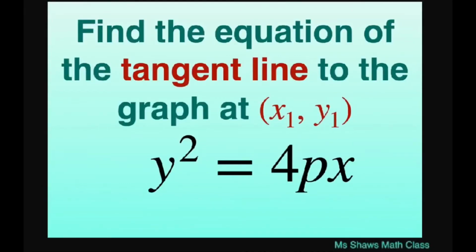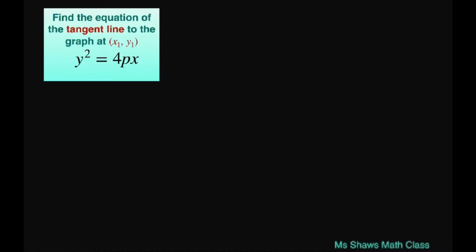One, we're going to find the equation of the tangent line to the graph at x sub 1, comma, y sub 1. I'm saying sub for subscript. And we have y squared equals 4px. So what we're going to do is implicit differentiation and